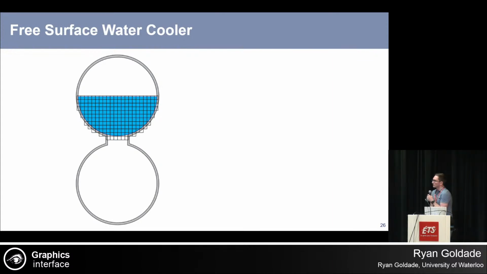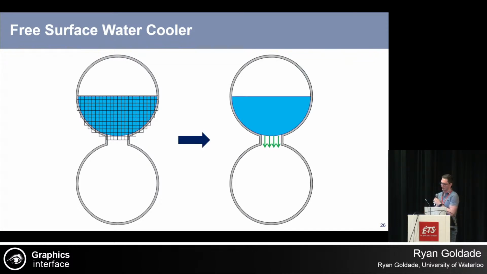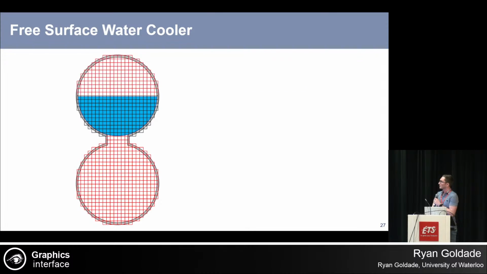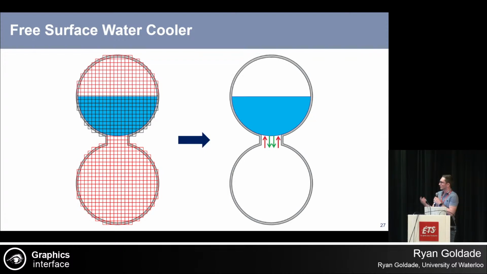Okay. Right, so let's explain what was going on with the water cooler example. So if we have a simulation grid that we've stamped around our liquid here, again, we're treating the air as completely unsimulated. So the air imposes no resistance on the liquid, and so it just pours right through the neck because there's nothing there to stop it. But if we wanted to simulate it, one approach would be to do a two-phase method, where we extend the simulation grid into the air region, which we represent with red grids here. And if we did that, we would get the expected resistance where the water would pour through the middle and the bubbles would go up through the neck.